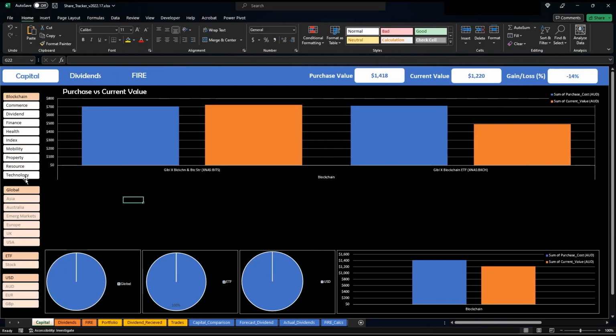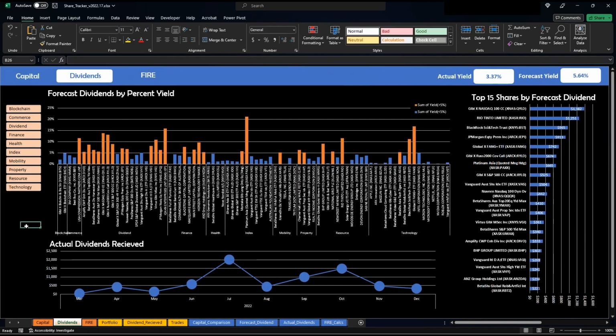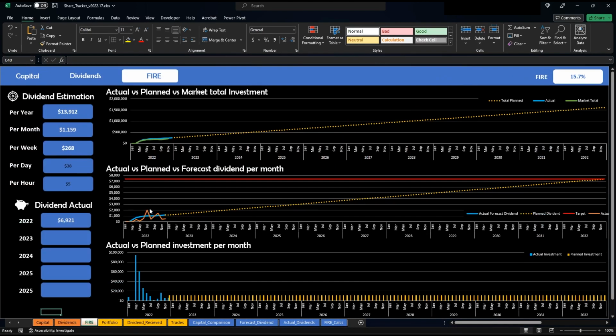So the capital tab has not changed at all, so that still is just showing us our total capital investment and the different metrics we went through in the last video. The dividends tab as well hasn't changed. That's still the same as last time, no changes. So what has changed is this, I've replaced the